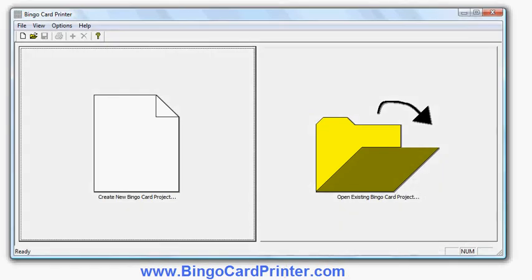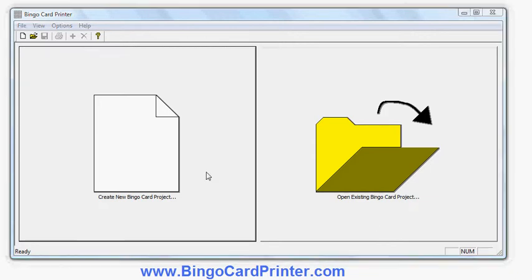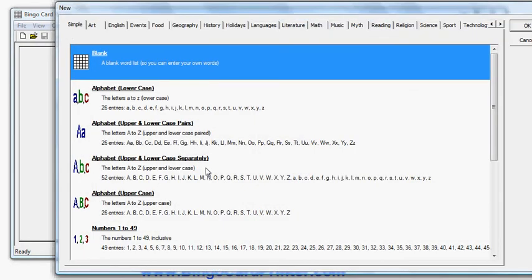Okay, in this video we're going to show you how to make some bridal shower bingo cards using software called Bingo Card Printer, which you can download from bingocardprinter.com. This is the initial screen of the software. You click Create New Bingo Card Project, and now I'm given a choice of what kind of bingo card I'd